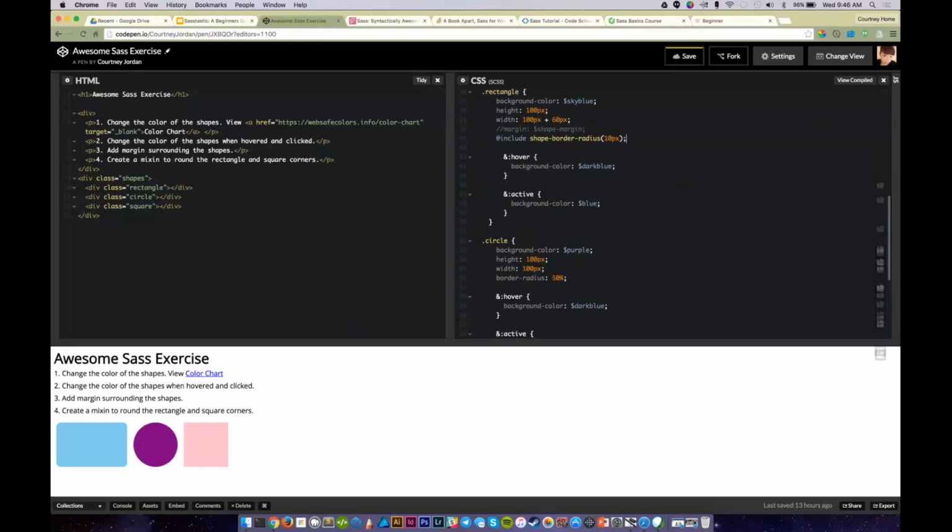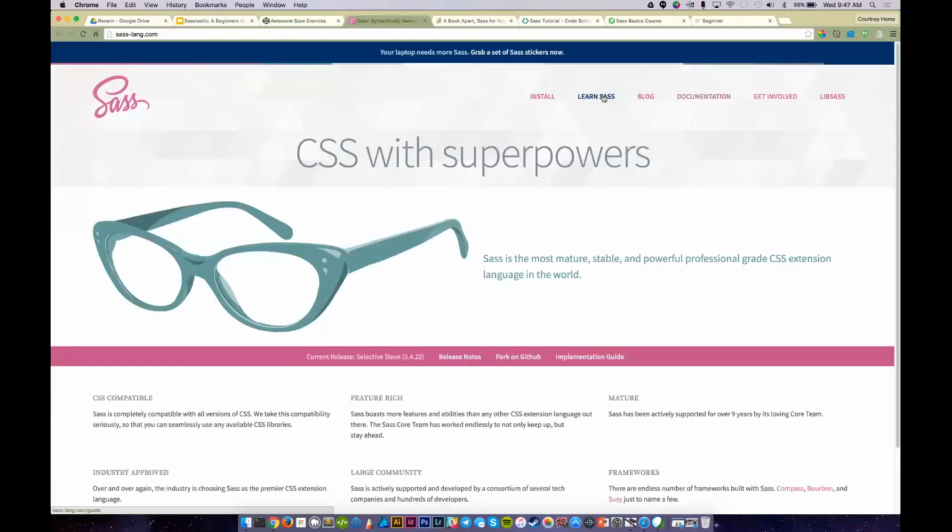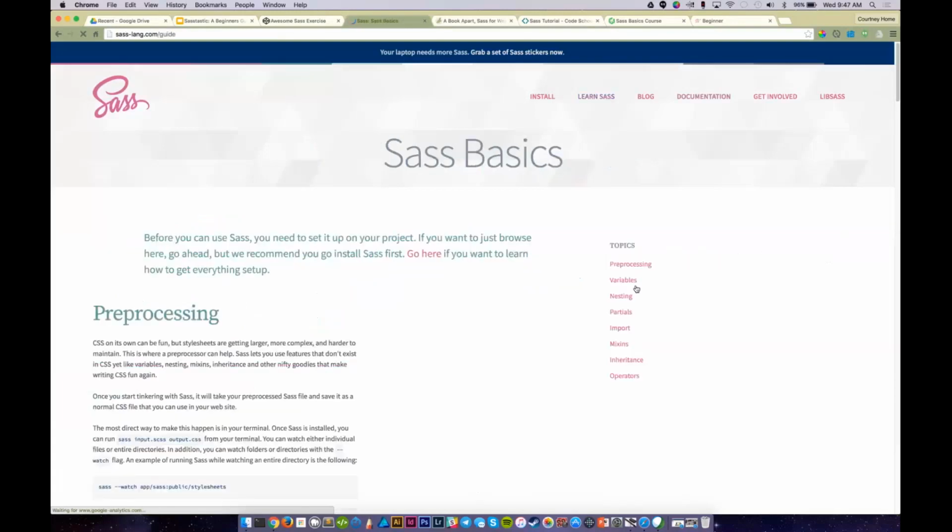Okay, cool. All right, so I have some awesome resources. So there's the official SASS website, which is right here. If you want to learn SASS, I would advise you click on the Learn SASS link, and it literally breaks everything down if you want to learn about variables, nesting, import, what have you, mixin. It will take you down there. And best of all, since SCSS is so popular, it defaults to that versus SASS, so it can get all kinds of confusing right there. So that's really cool.